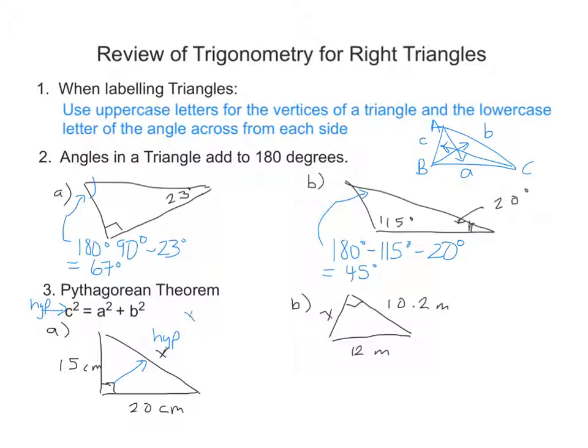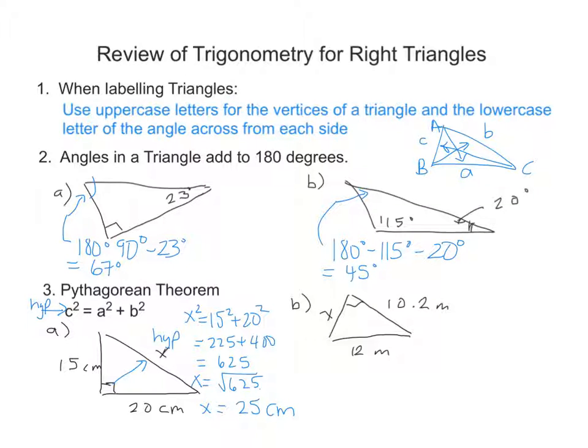So we should have x squared is equal to 15 squared plus 20 squared. That's going to equal 225 plus 400, and that's going to equal 625. And the square root of 625 should be 25. I'm just double checking my work. I need a square on that. Oops. And we got 25. So our x will equal the square root of 625, and x is equal to 25